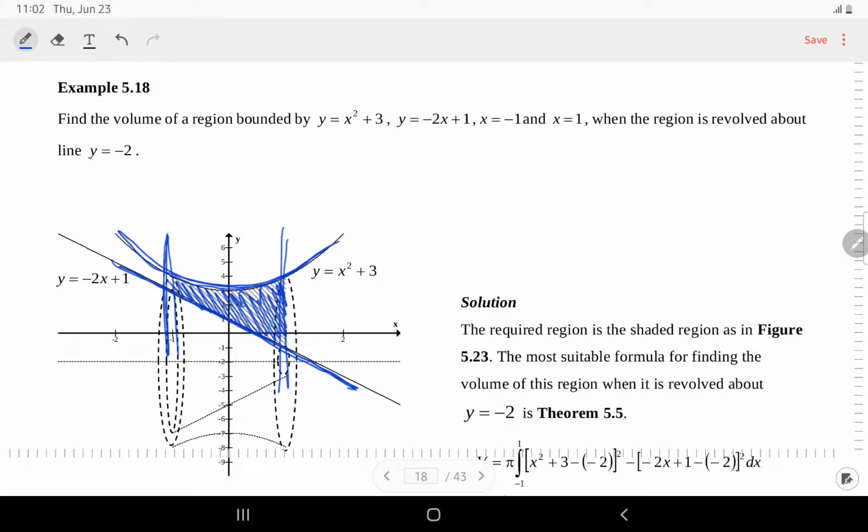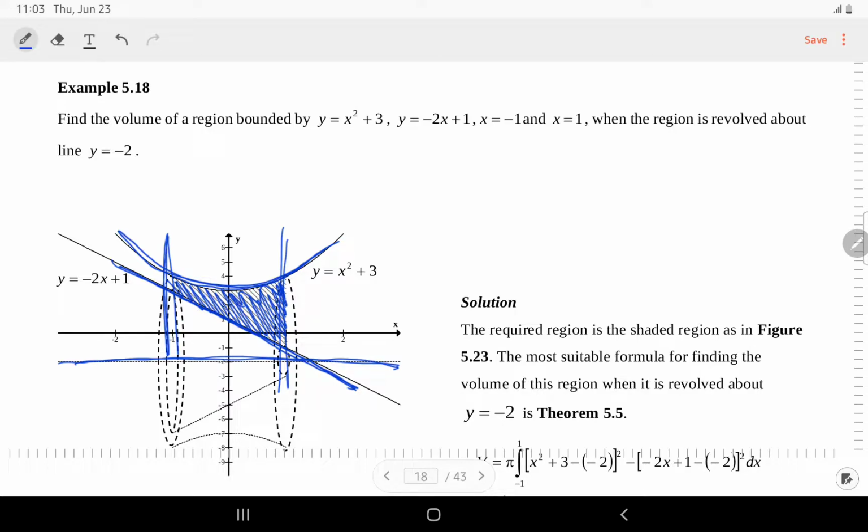And then this shaded region is going to revolve. Okay, pusing 360 darjah about line y equal to negative 2. So y equal to negative 2 yang ni line dia. So shaded region ni kita nak pusing 360 darjah dekat line y equal to negative 2 sebagai axis dia. So we can see here the axis of revolution, which is the line y equal to negative 2, is a horizontal line. So kita kena pilih